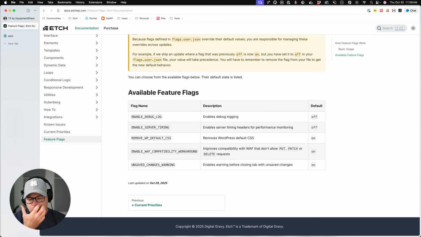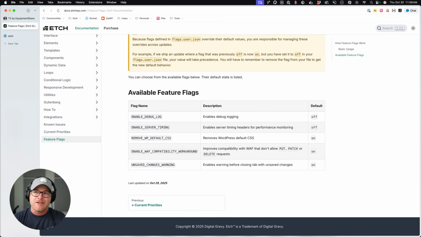And then, of course, what is the ultimate game plan? The ultimate long-term vision is that Etch actually does all of this stuff natively. So all of the things that you can do in something like ACF or Metabox or Jet Engine, you will just be able to do natively inside of Etch. You won't need that third-party plugin or dependency. And Etch is going to do all of this using essentially core WordPress, right? It's not going to be a proprietary layer. We're going to register the custom post types the way you're supposed to, and the custom fields, and so on. It will all be nice and it will all be within Etch.